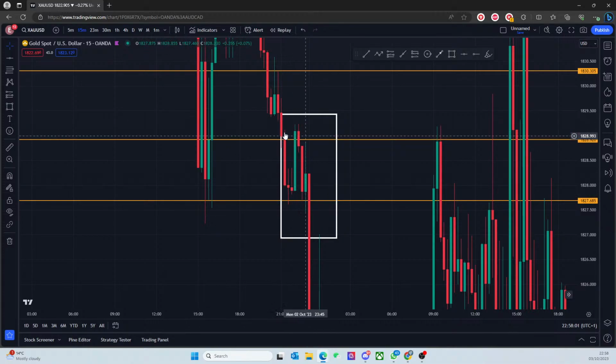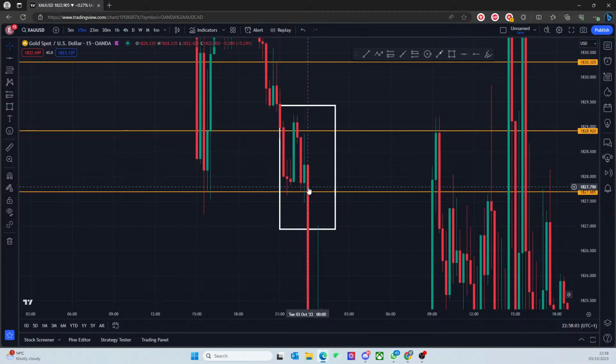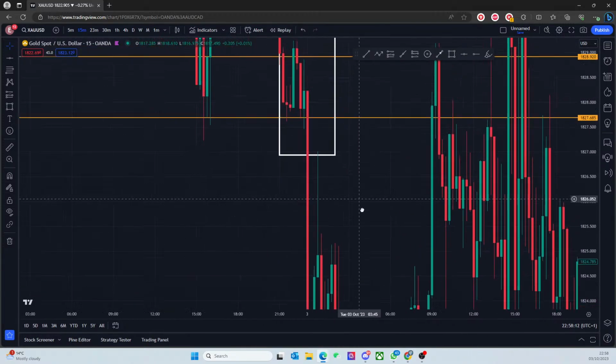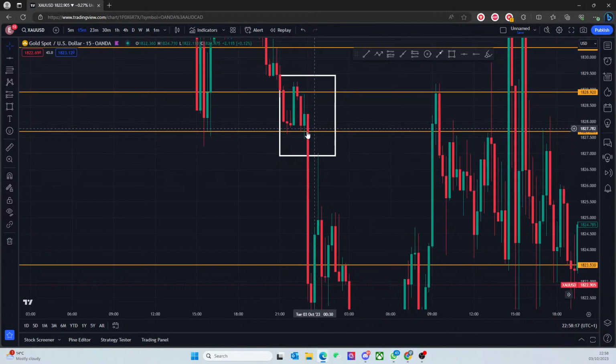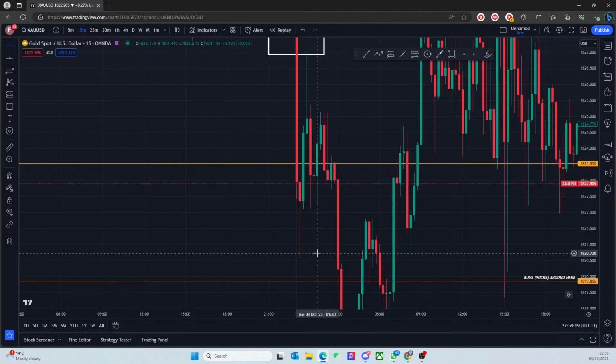You could have potentially gotten sells around here, and then this was just a fake out, right? You've closed below this range, and it's just faking out again. You've closed back into this range. This is a fake out, and this is a second fake out to come back down. I've seen second fake outs happen quite a lot, and once you cleared this entire thing, honestly, you could have gotten buys around here.